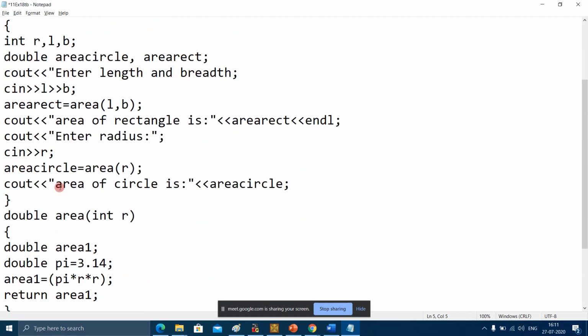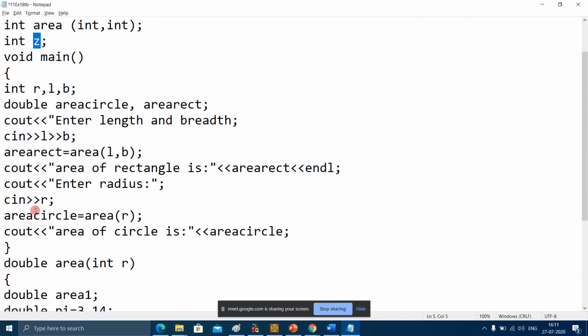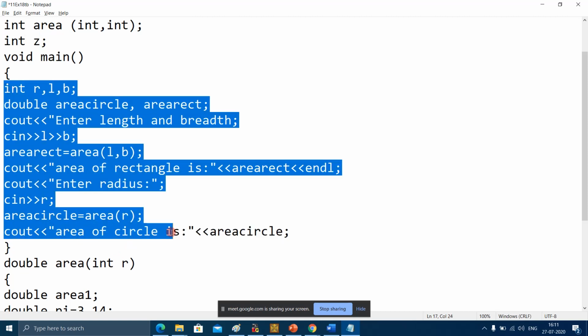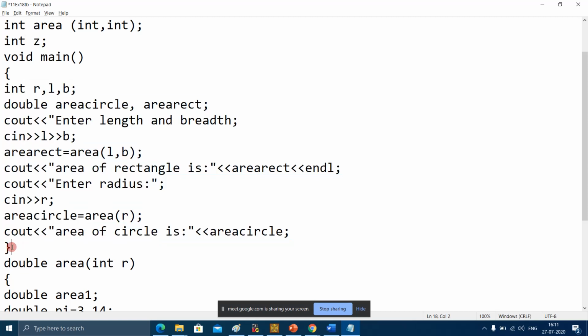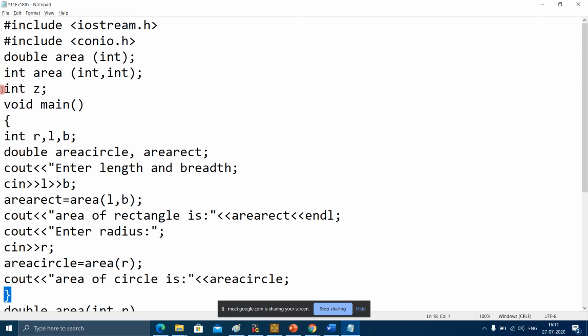Execution of the program always starts from the main function, and it ends here. So this global variable will be present throughout the program. But this variable's scope is local to the main function.